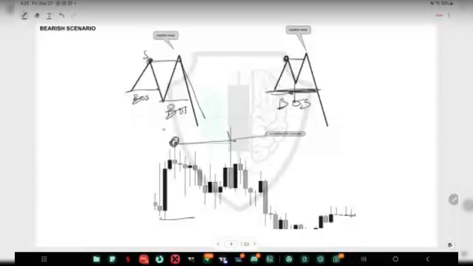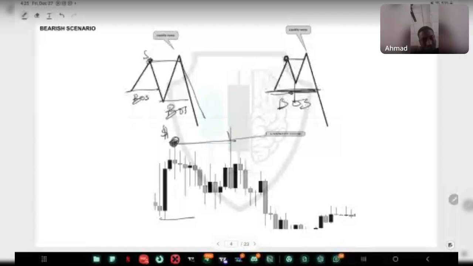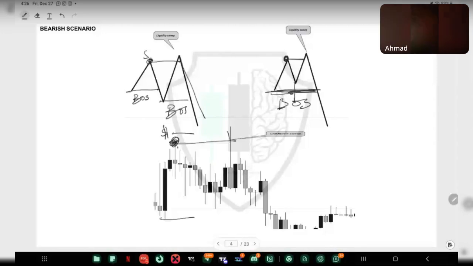All the stops that we have here, the resting liquidity. So people that believe that this high is a level of invalidation, this high that wants to sell, or those guys that have been in the sell position before, that their stop losses are above this high, or even those ones that shifted their stops to break even. You can see what price did. Price raided it and still moved to their direction.